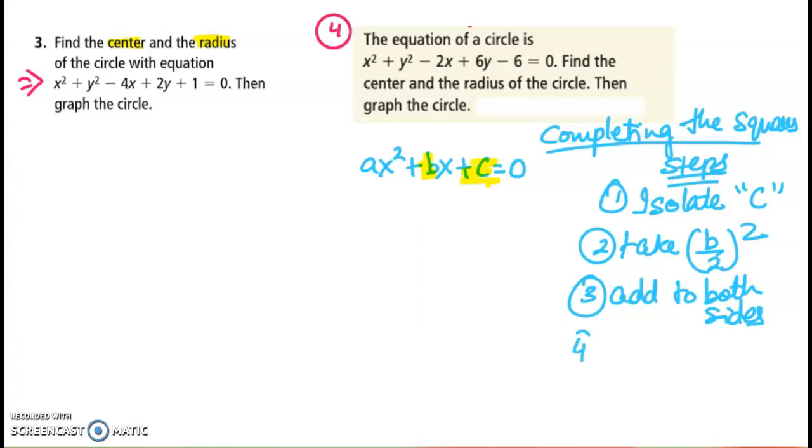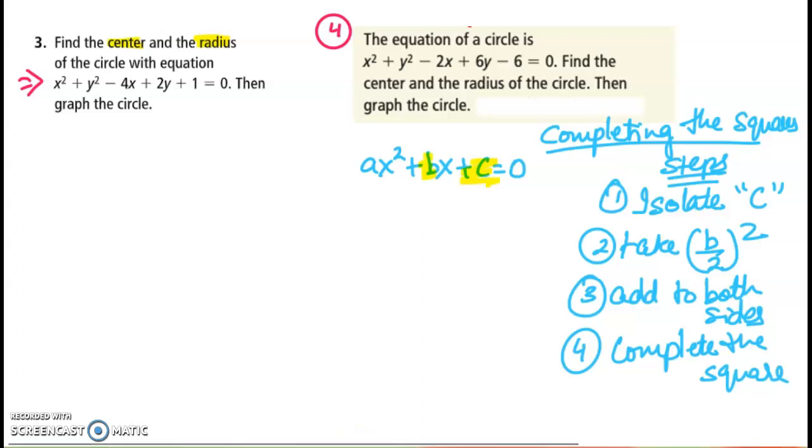And fourth, complete the squares. Pause for a moment and write all these steps down in your notebook so that you can use it. Okay,